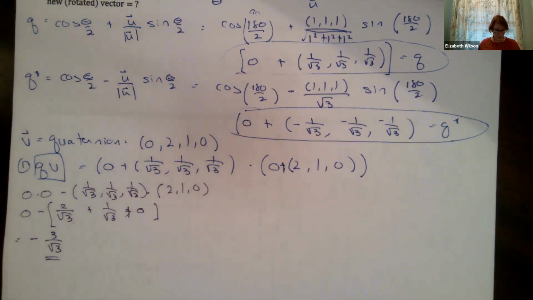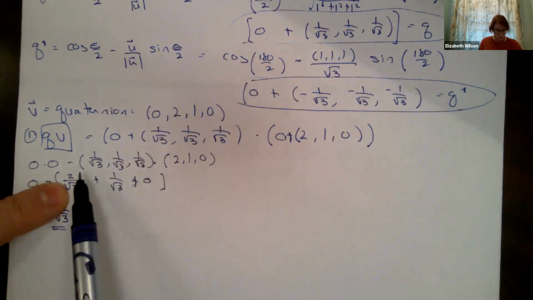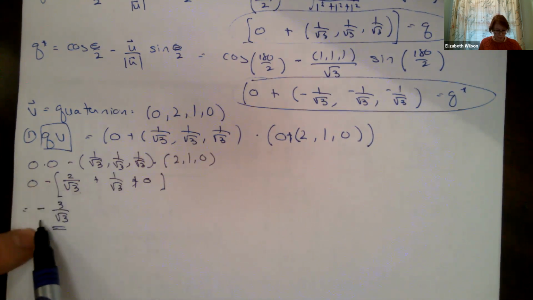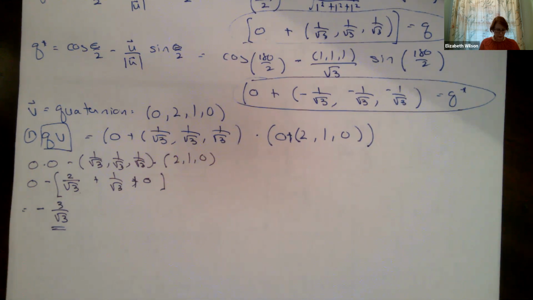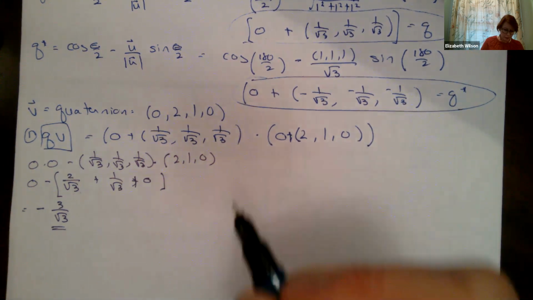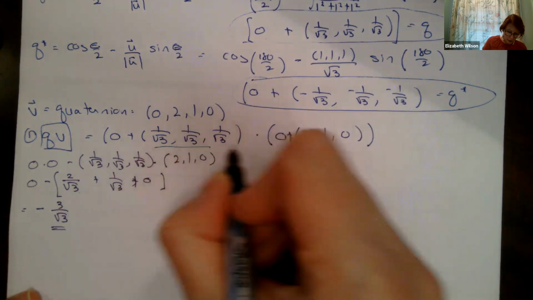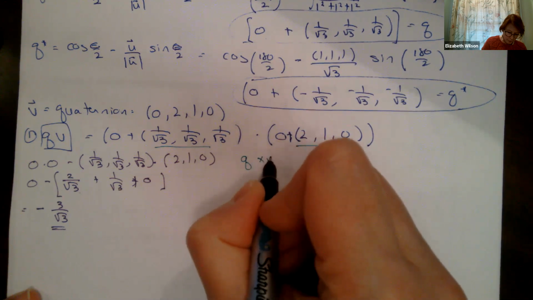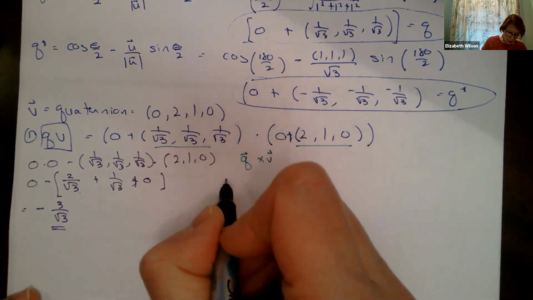My scalar portion, I get 0 minus 2 over radical 3 plus 1 over radical 3 is 3. Minus times the minus gives me minus 3 over radical 3. Okay, so that's that part. I think we did the cross product in green. So then I'm going to do this, cross this. Okay, so it's going to look like